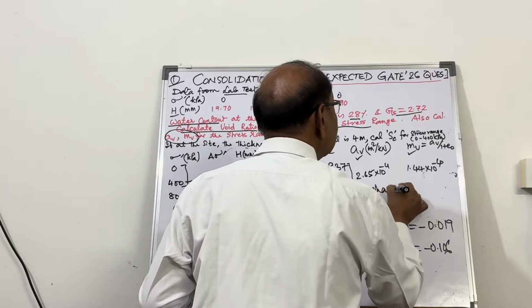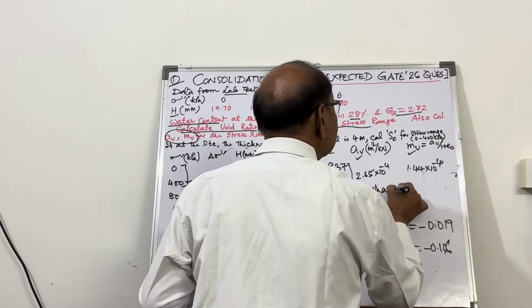Delta sigma prime is going to be 400 kilopascal, and H naught is going to be, this is the height, 4 meter. So finally you will be getting the calculation in terms of meter. So you can all calculate this. 1.44 into 10 raised to minus 4 multiplied by